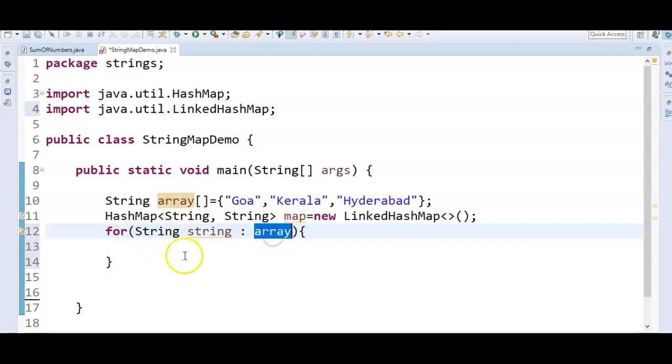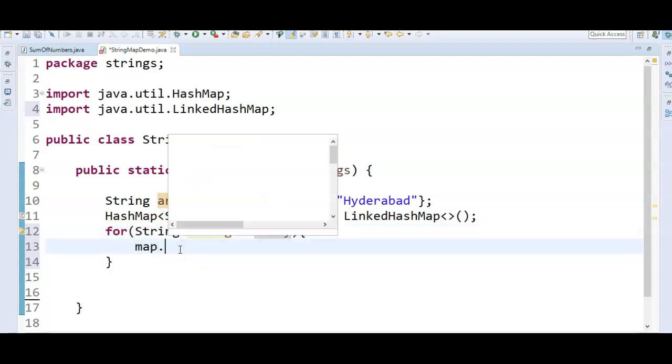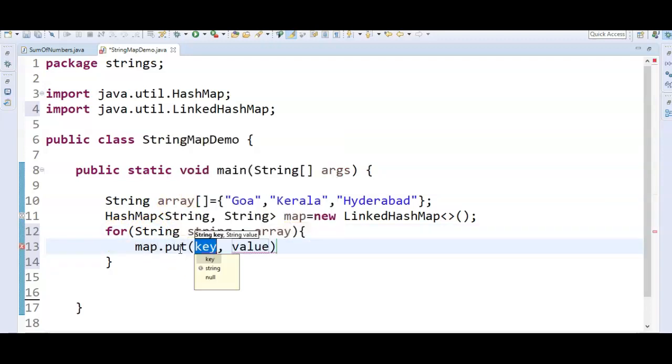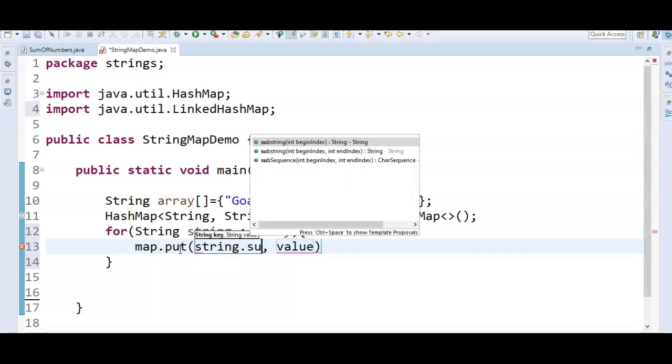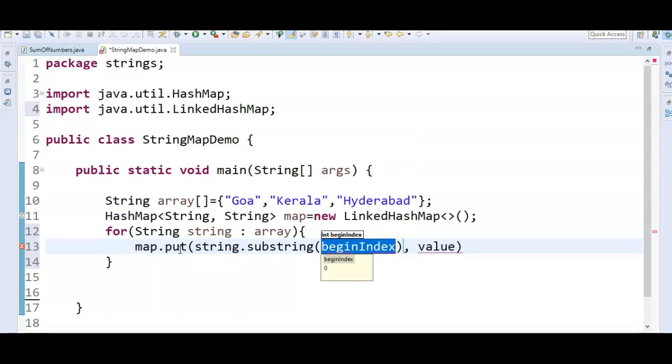Just add for each string in the array and say map.put. Here we use string.substring(0,3).toUpperCase(), and just add the string itself.